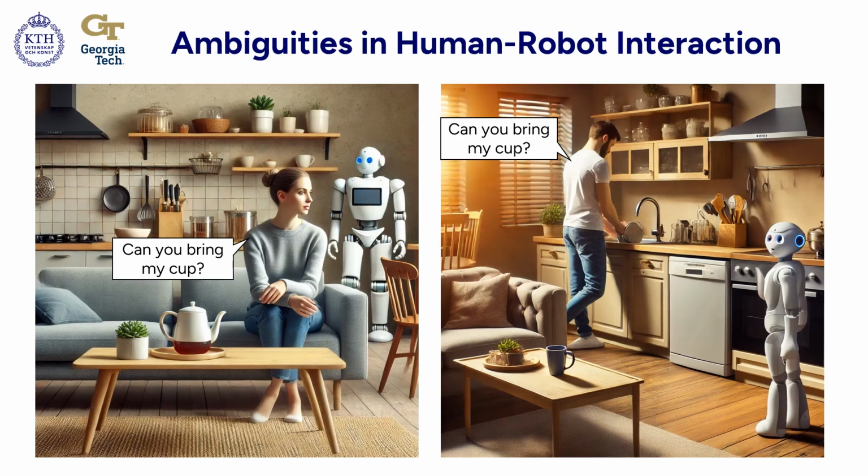Ambiguities are inevitable in human-robot interaction, especially when a robot follows user instructions in a large, shared space. For instance, on the left, the user is likely to expect a clean cup from the shelf, whereas on the right, they might expect a dirty cup from the table while doing the dishes. In such cases, users themselves may be uncertain about the object's location, for example, where they left the cup after